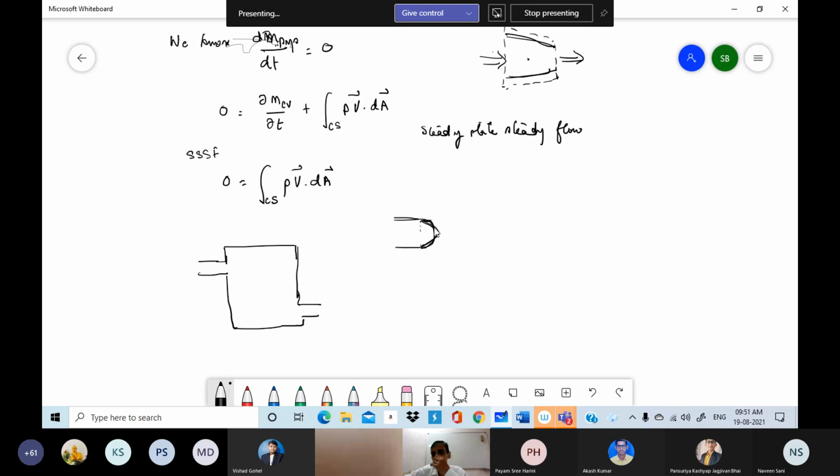So then, if I assume that this is my equipment, and I have uniform flow in the inlet pipe and exit pipe, then I can take my system